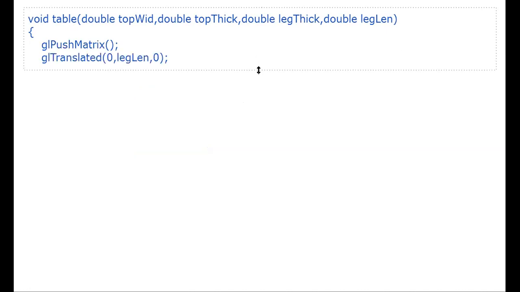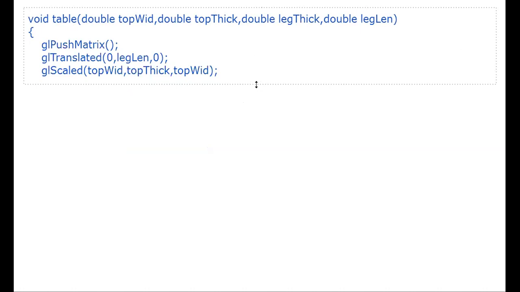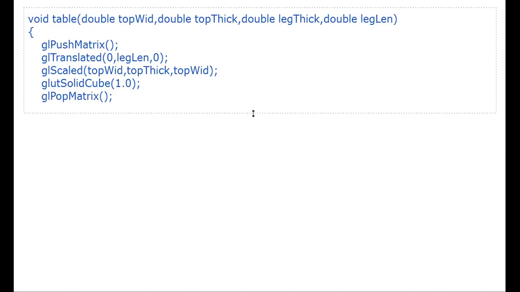After pushing that, you are translating it, moving from one position to another. Then again the same, scale. Then glutSolidCube, because it is an inbuilt function and looks like a solid cube. Table also is a solid cube. You can change the values according to your convenience. Then finally you are popping it. This is for one.